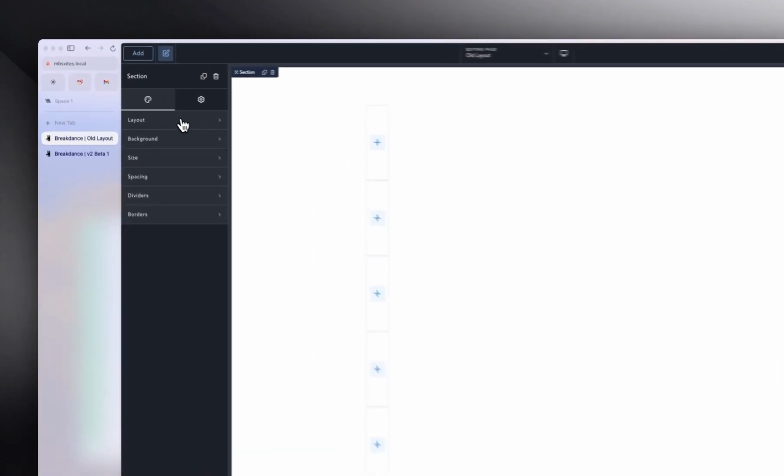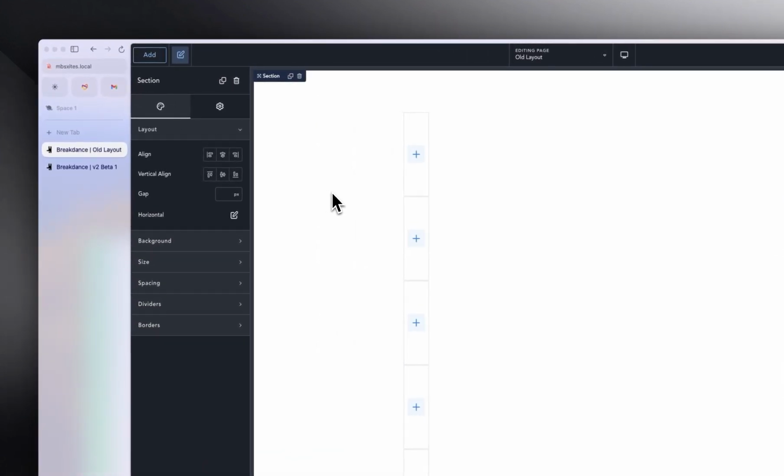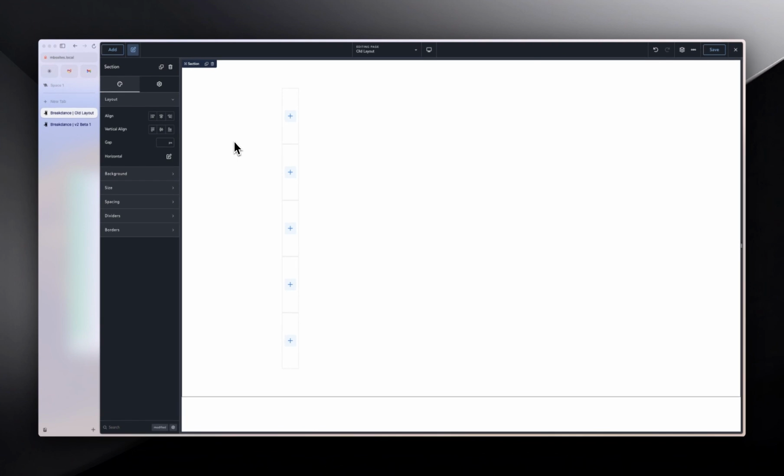When you go into layout, this is where you are able to tell your section how it should display items. At the moment, our section is displaying items in a column fashion. When it comes to the column fashion, you stack items on top of each other. You can change that and make sure that your items are being displayed in a row. So when you go into horizontal